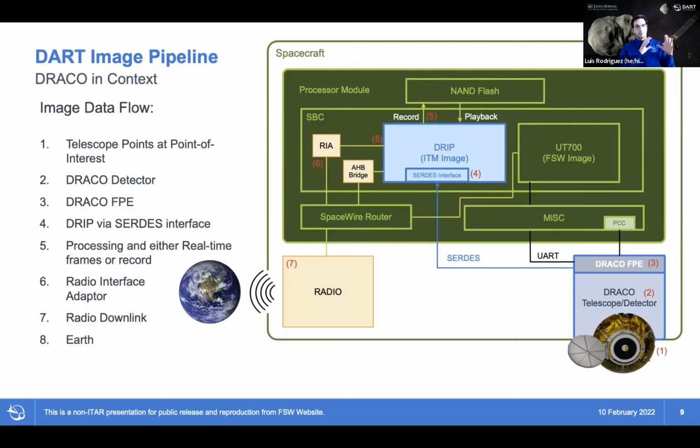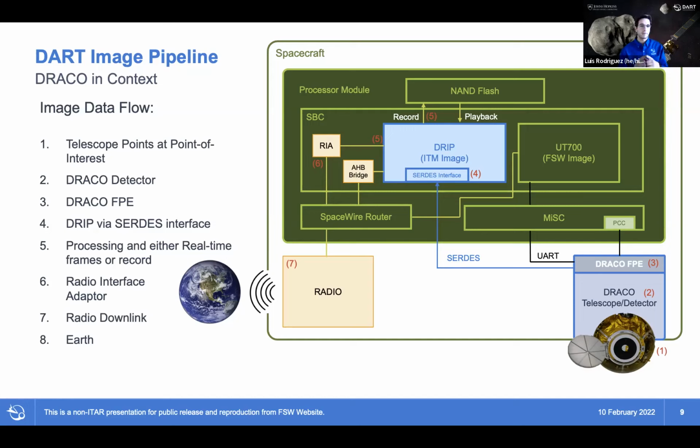So I've grabbed all of those components and thrown them into a single diagram, and that's what we see here. Briefly, the image comes in through number 1, the telescope. The data gets captured by a detector in number 2. We're constantly configuring and grabbing telemetry from the status of the DRACO instrument through the DRACO focal plane electronics on number 3. From number 3 to number 4, there's a SerDes link where this image data goes from the DRACO instrument over to the DRACO image processor, where that centroiding is going on at number 4 in that blue box